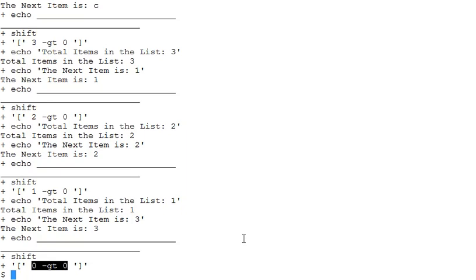We will explore more methods as we progress, as we write more scripts, as we see more examples.